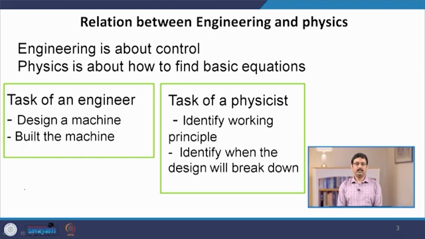For example, the task of an engineer could be to design a machine, make a blueprint, and then build the machine in real life, whereas the task of a physicist could be to identify the working principle that explains how the machine works,